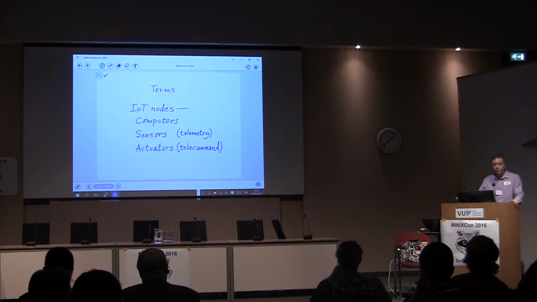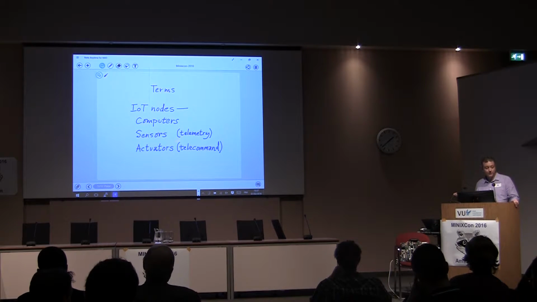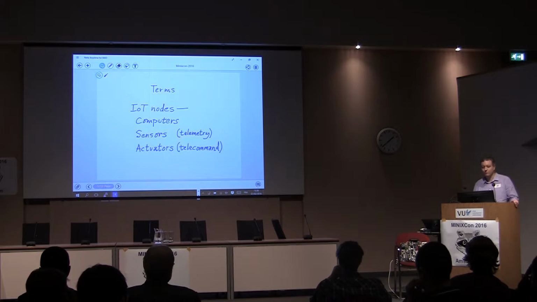Now, sensors read from their environment. They send this data over some data transport to the computing nodes, which is called telemetry. So if you have a phone in your pocket, it's both a computer and it does have sensors as well, things like proximity and luminosity, microphones, those are all sensors, of course. And then when they do send that over a network, you have a telemetric stream of data.